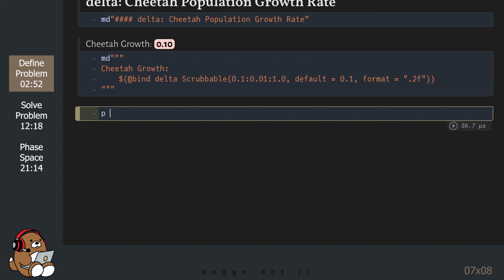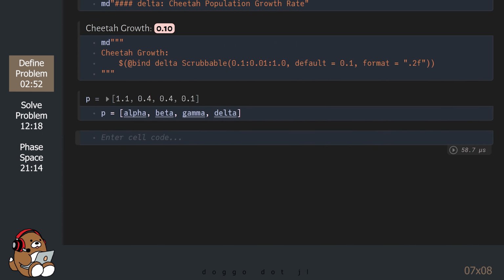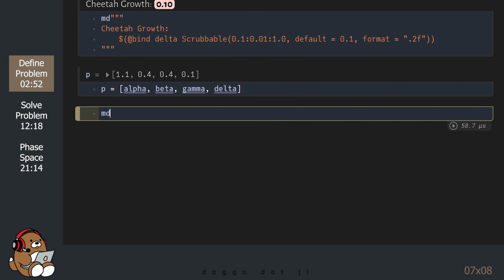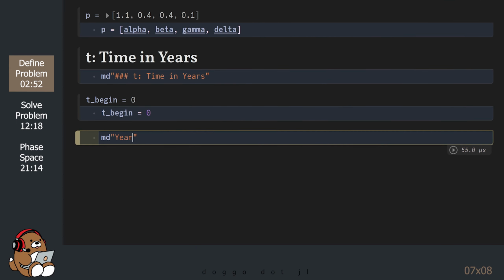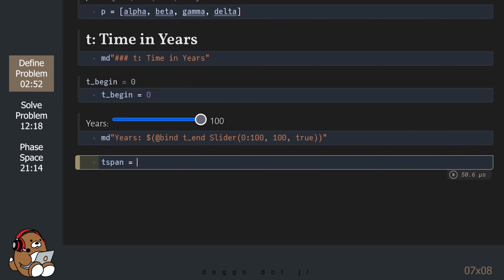Now that we've set all of the parameters, we need to place the values inside of a vector. The only thing that's left is to assign values for the time. The example in the Wikipedia article doesn't provide a unit of measure for time, so I'm just going to assume that time is measured in years.